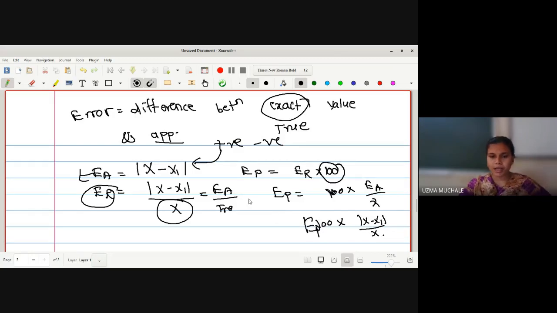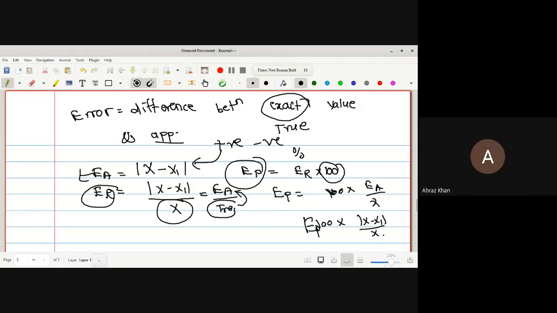Simply we have multiplied by 100 and we get what is the percentage of error in your number. Okay, here this will give you the percentage of the error in your calculations. And here relative error means what? The name itself suggests that it will give you the relative error in your calculations. Okay, simply the definitions are there: absolute error, relative error, and percentage error. Any doubt? No, ma'am.